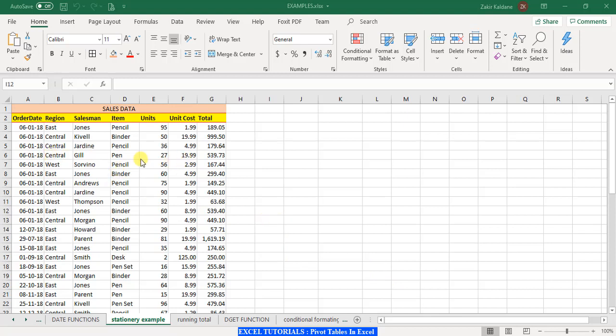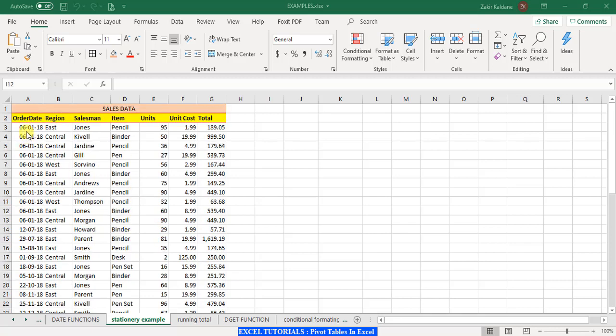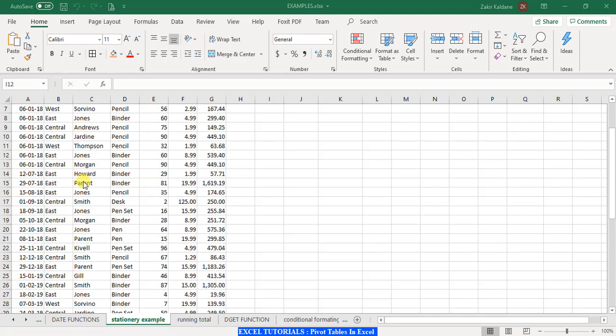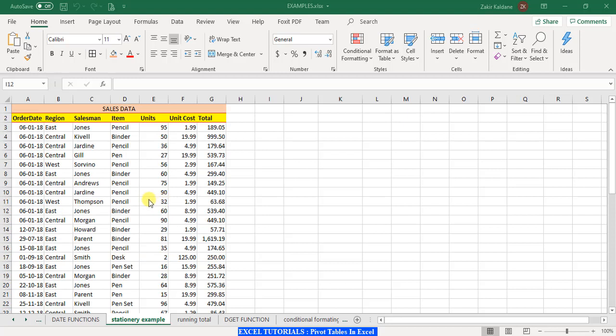In front of you, we have the sales data for a stationery store, where the data is presented with order date, region, salesman, item, units, unit cost and total. So this is the transaction file, and we as the sales manager or the accounts manager are required to generate various reports.